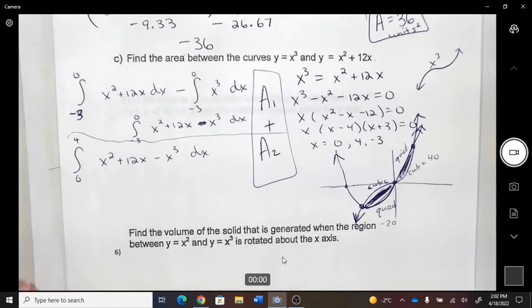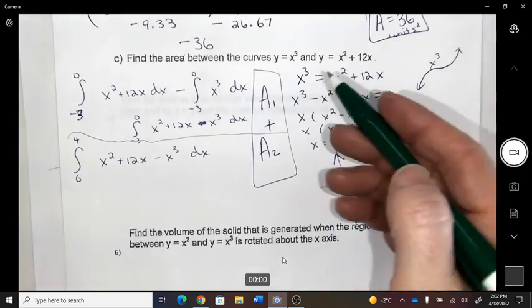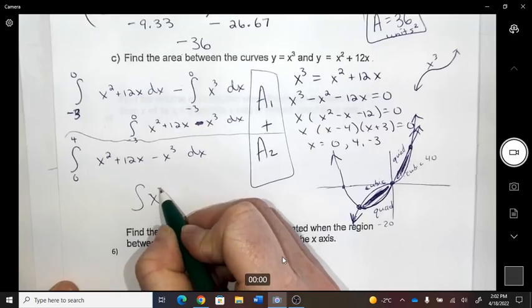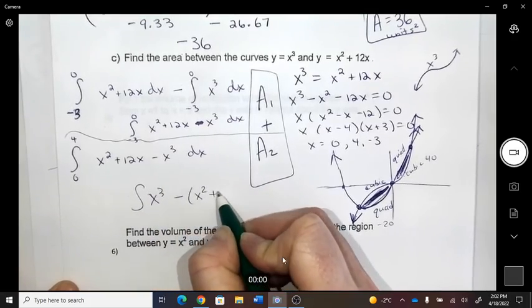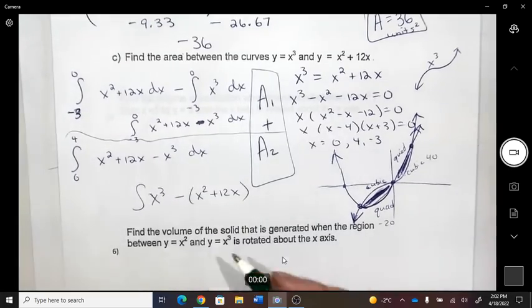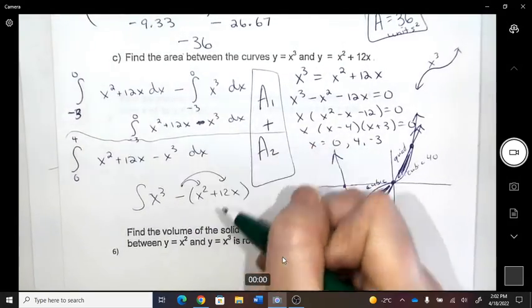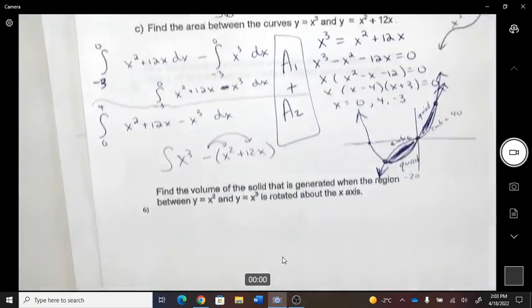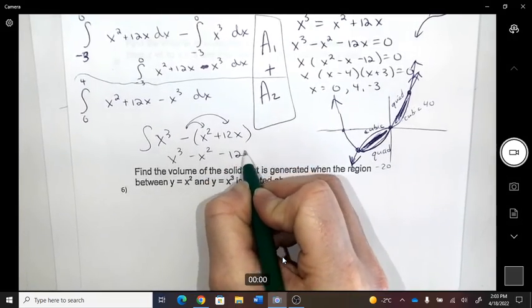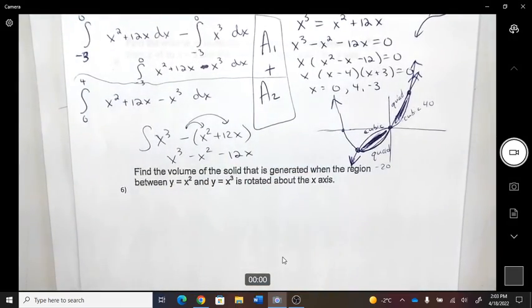If you accidentally did it backwards, it's okay. And you were doing the area of the cubic minus the area of the line or the quadratic. It's okay if you did it backwards, but just be careful because that would have been a common mistake. If you do it backwards, your areas will come out negative sometimes. Whatever you get for your area, just always change it to positive because that's